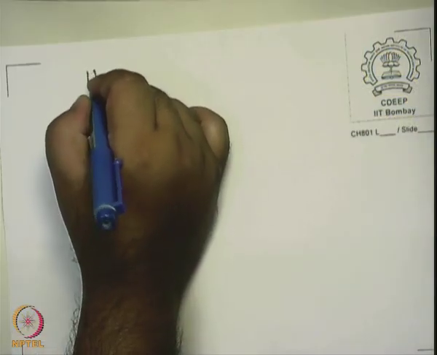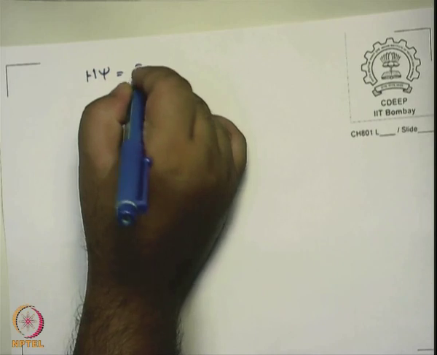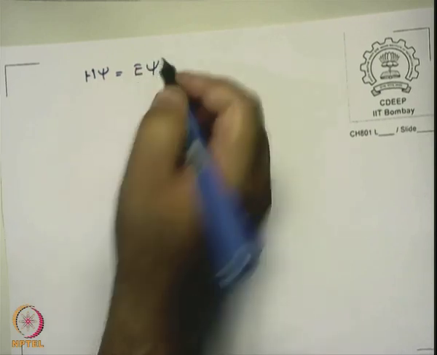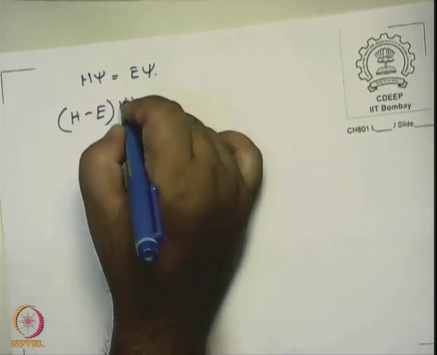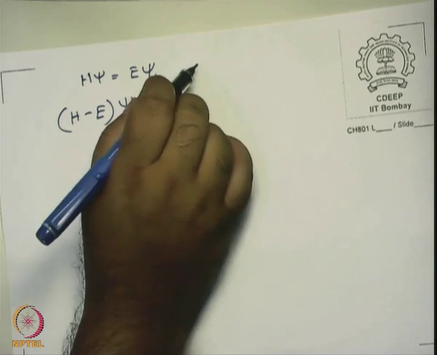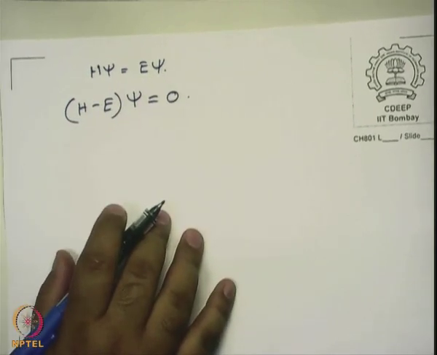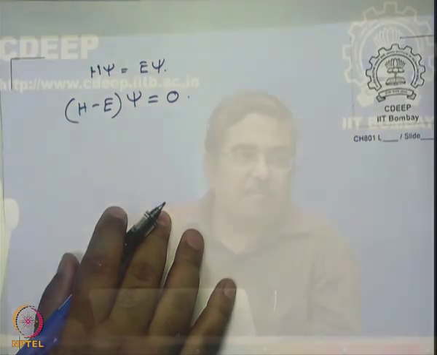So, the first thing that we write is the Schrodinger equation. I can rewrite this as (H minus E) operating on psi is equal to 0, right. Now, when I say psi, what I really mean in the discussion of today is molecular orbitals. How do we write molecular orbitals at the level that we are dealing with right now? What model, what approximation do we use for molecular orbitals?